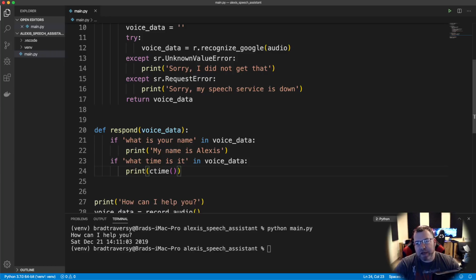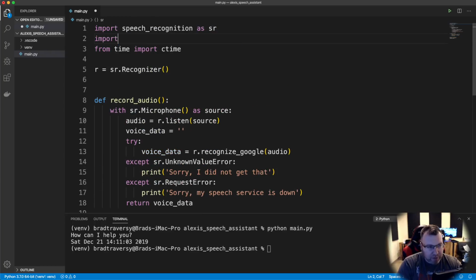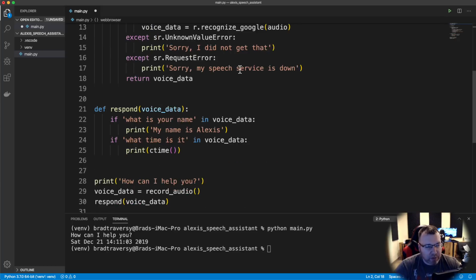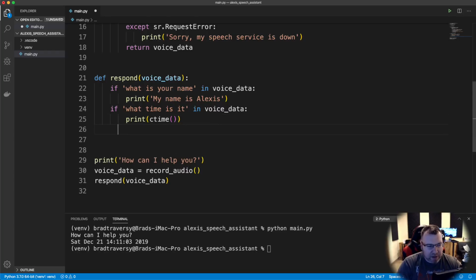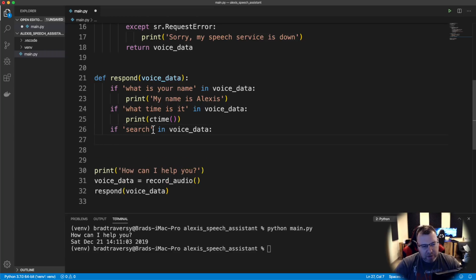So the next thing that I want to do is I want to be able to search for something. I want to say, you know, search for whatever, dogs or whatever, search Google. So we're actually going to import up here the web browser package, which is a core package. We don't need to install it or anything. And I'm going to say right here, if search, whoops, no, I want to say if search in voice data. And notice I didn't put like a variable here or anything. What I want to happen is I want to say the word search, and then I want it to ask me what I want to search for, and then I'll say again what I want to search for. So in order to do this, let's have a variable called search and set it to record audio,